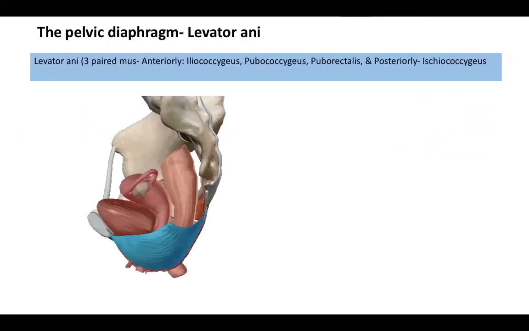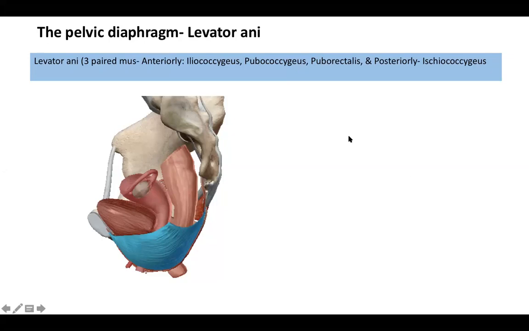Another important part that we have to understand is the pelvic diaphragm, because this forms the boundary between the rectum and the anal canal. We all talk about the levator ani, but we have to understand that levator ani is not a single muscle. It's basically composed of three paired muscles, both left and right, which join together to form a funnel-like structure through which the rectum passes, and beyond the diaphragm, whatever continues downwards is the anal canal.